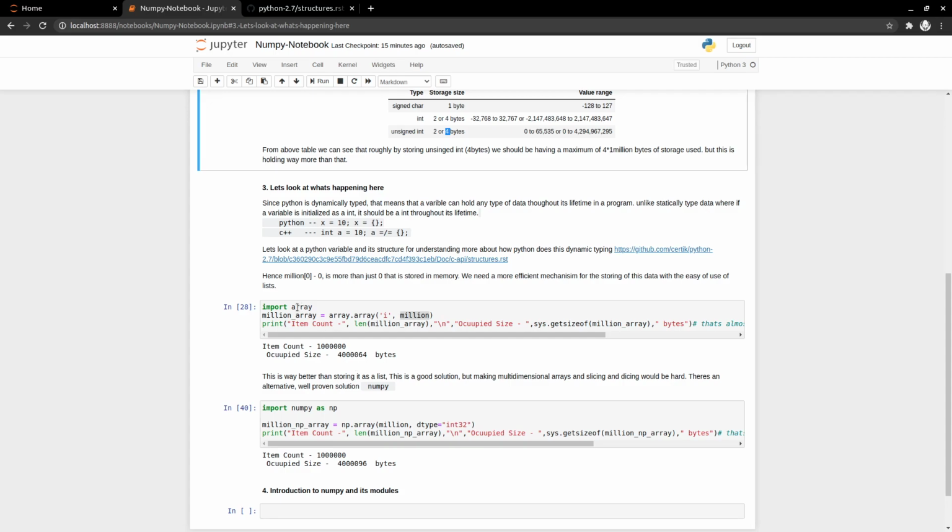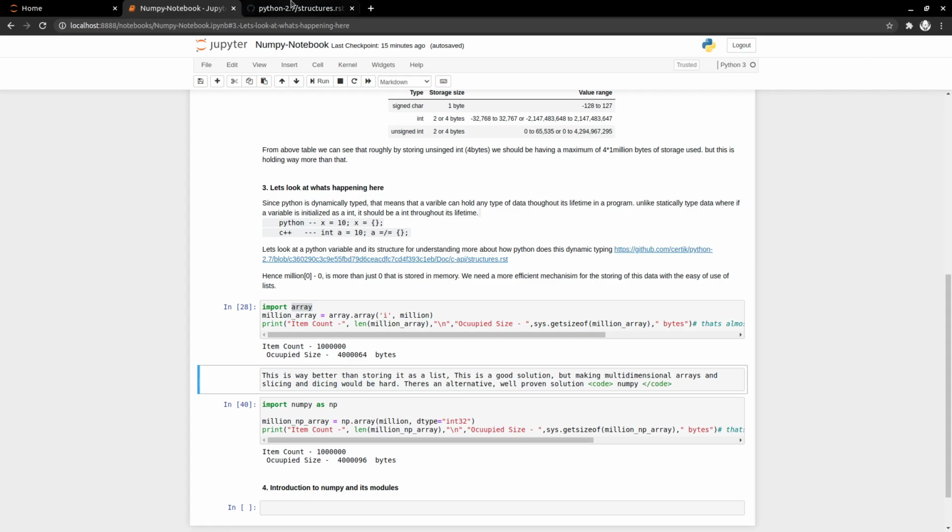But the problem with using array is that it's not as simple or easy as using other solutions that are out there. To do a specific task, it's way too easy and simple using another library called the NumPy library.